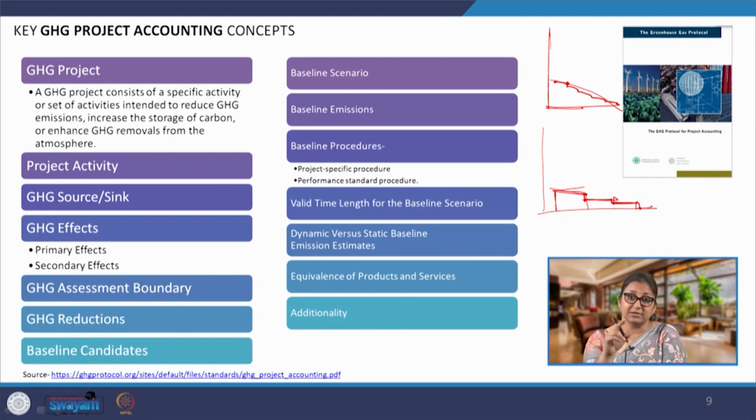And then we have to look at the equivalence of products and services. Not all products and services will give us the GHG emissions in direct form, so we will have to establish the equivalence. A lot of work has already been done to give us the emission factors, the equivalence factors, and they are more or less available in different country-specific standards. So, we can pick that up for different products and services. And finally, additionality, where we should be able to add on activities and continue with our GHG calculations. These are the key GHG project accounting concepts which we will use when accounting for any project